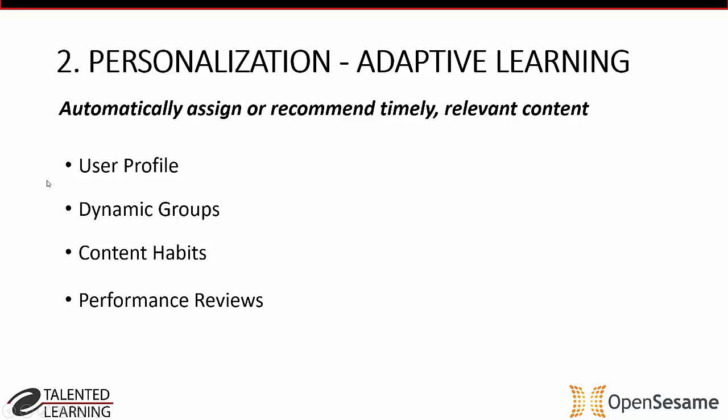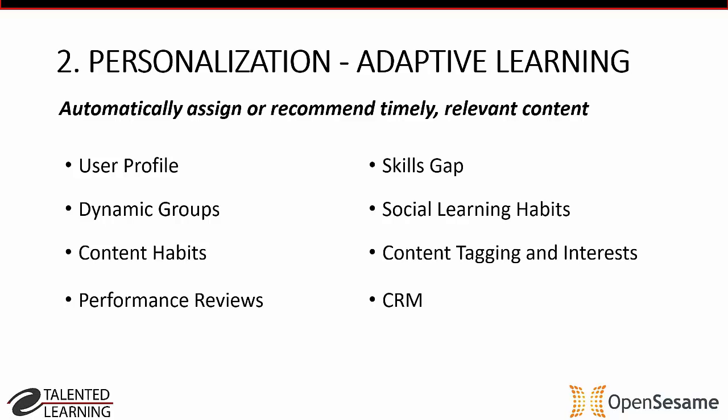And then they started layering in the content habits. So did a user search for a course or take a course or launch a course or complete a course or fail a course or splendidly pass a course, and what courses? And so the LMS started tracking the content habits and folding that in with the dynamic groups so you can start to get really specific on getting the right content to the right folks. And as it matured, then performance reviews, what was your manager or your peers or yourself saying?